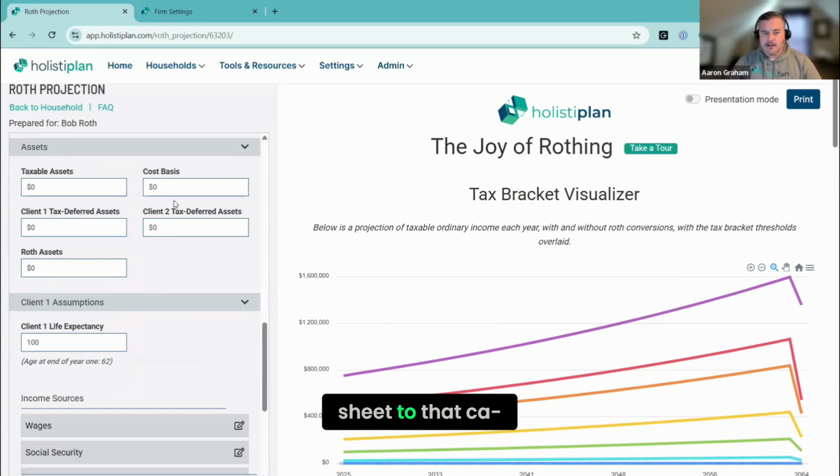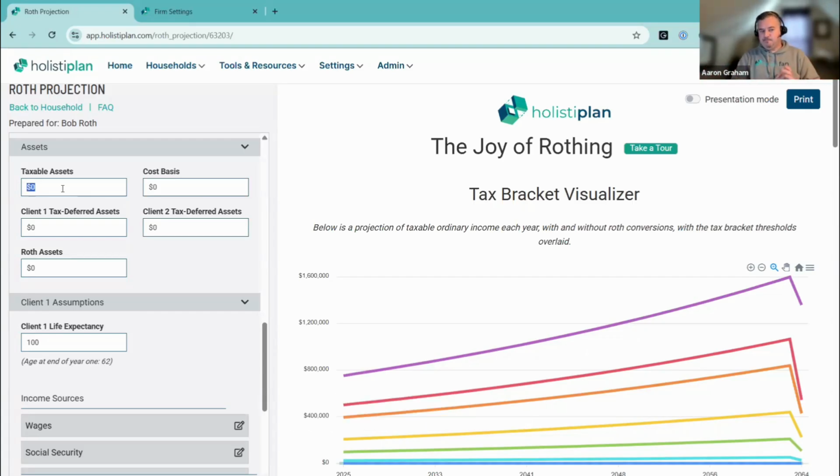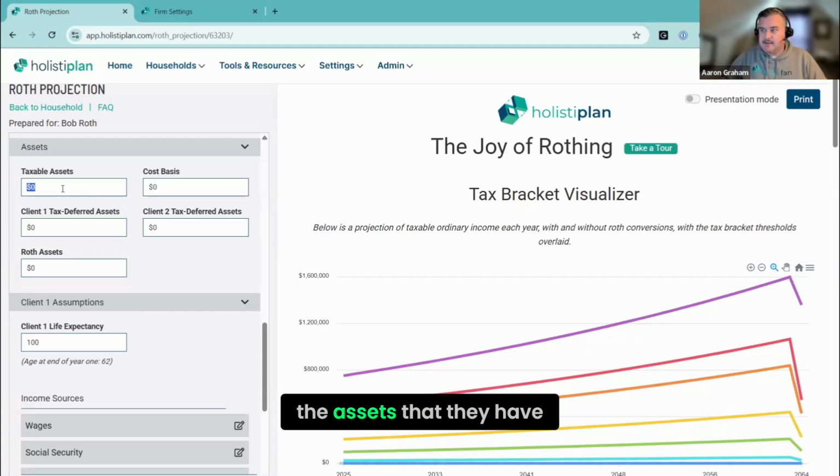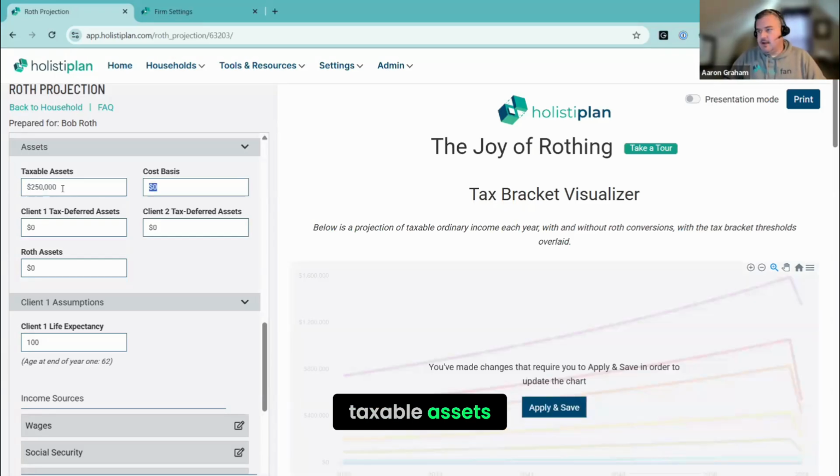We have a cheat sheet to that case study that's in our articles that we link to in today's webinar. So if you want to replicate this exact scenario, you certainly can. I'm going off of a cheat sheet here, so as I look off to the right, that's where I'm getting information from. So we're going to start with assets here on the left-hand side, and we're going to indicate the assets that they have. In this case, we have $250,000 of taxable assets and a cost